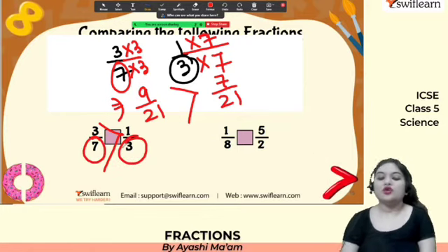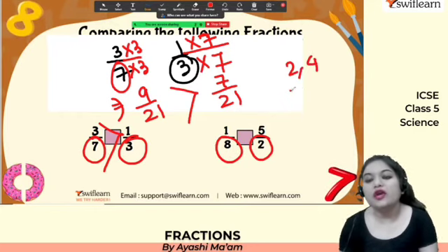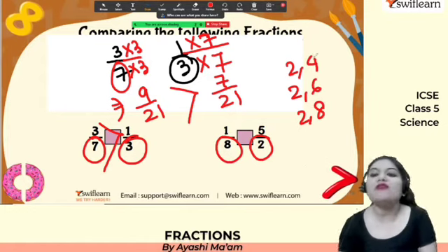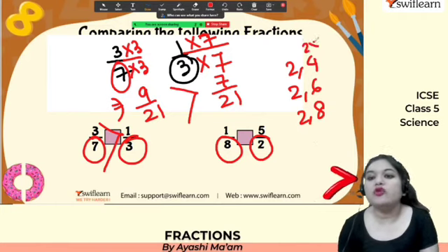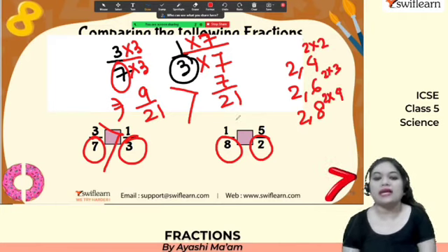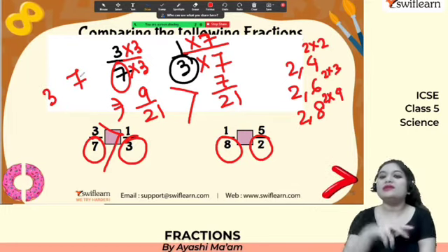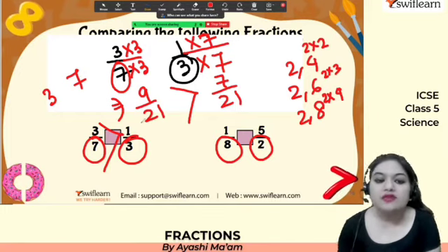In case of 2 and 8, when we had 2, 4 as denominators, 2, 6, 2, 8, in these cases you have something in common. That means 2 2s are 4, right? 2 2s are 4, 2 3s are 6, then 2 4s are 8, like this. But when it comes to 3 and 7, you cannot really turn 3 into 7, or you cannot turn 7 into 3. That's why we will simply take the